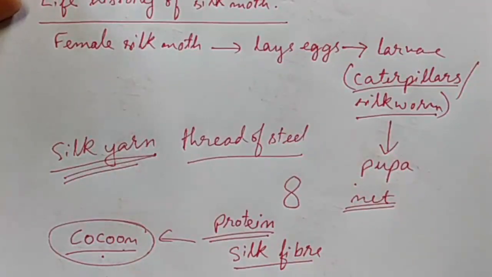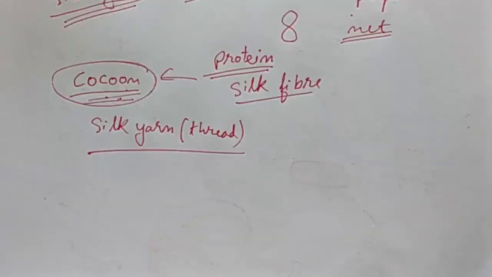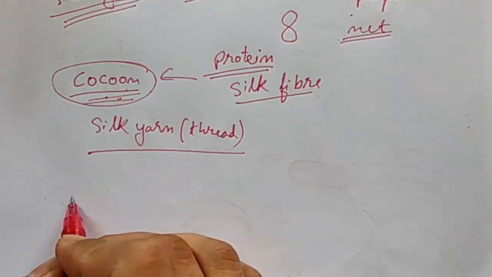The silk yarn, or in simple language thread, is obtained from the cocoon of the silk moth. There is a variety of silk moths which look very different from one another, and the silk yarn they yield is different in texture,